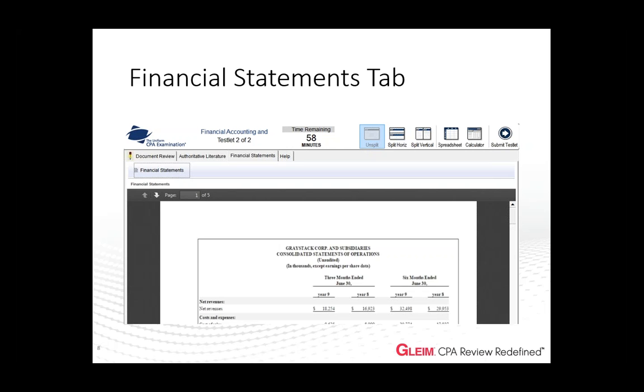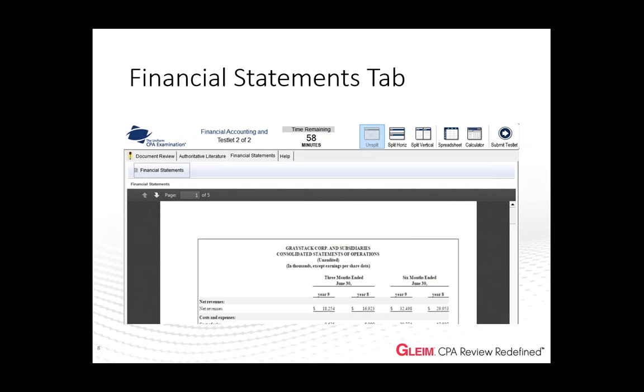Okay, so now that we've made sure we know what the columns are, let's talk about our item in the press release. Our item in the press release was talking about the second quarter, which means we need to look at the first two columns on the left. Year 9's net revenues are $18,254, and Year 8's net revenues are $16,923. That is an increase of